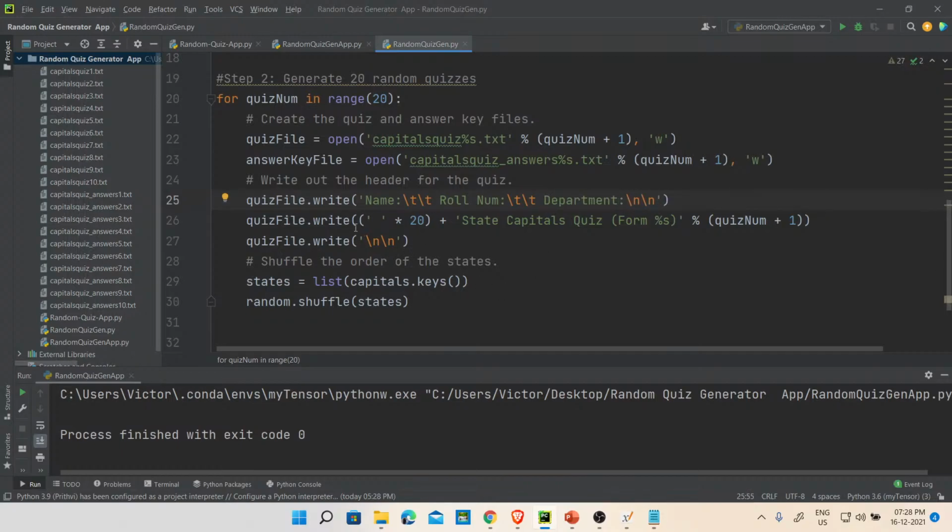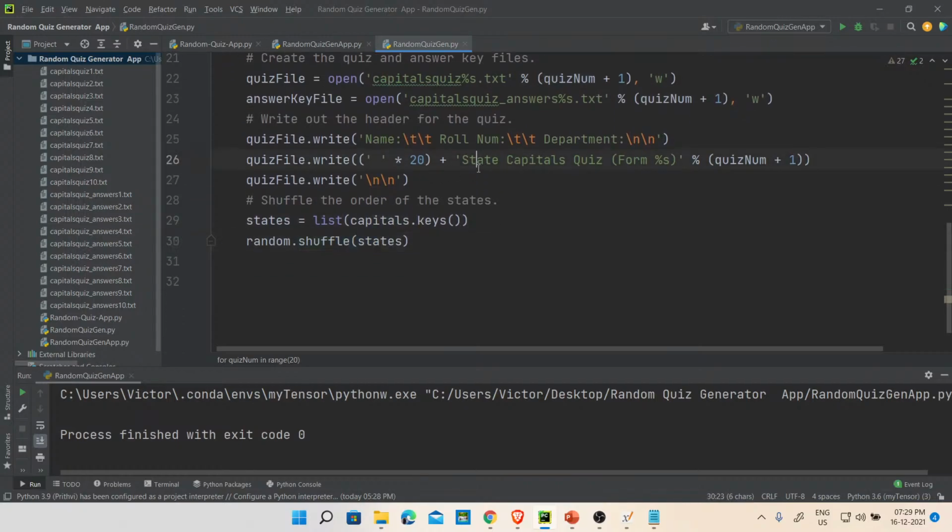Now you have to print some empty spaces, and then you say state capital quiz form 1, so form number 1, and after that form number 2, like that. Then give some spaces again, and finally we needed this as a list, so we have to convert it back to a list and call the shuffle method. So till here is fine.